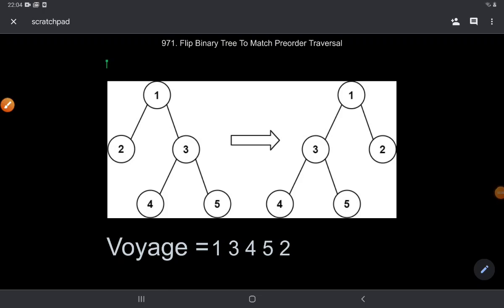How are you doing? Today let's take a look at Leetcode programming problem number 971, which is flip binary tree to match pre-order traversal. So this is a medium category Leetcode problem, and essentially the problem is that a binary